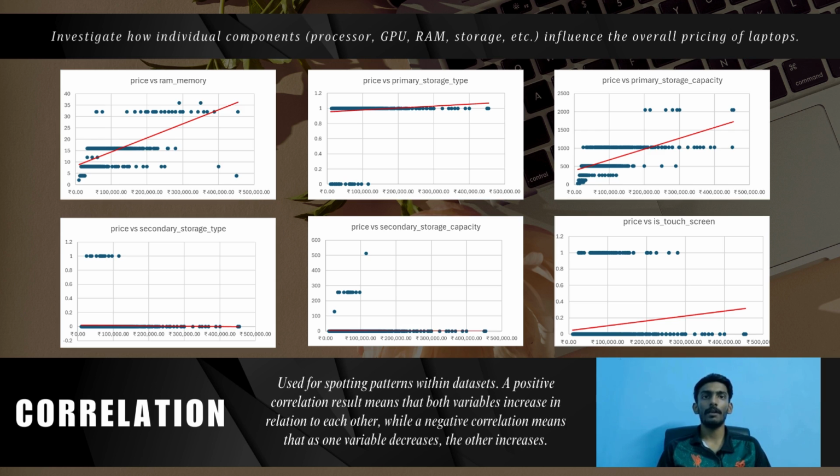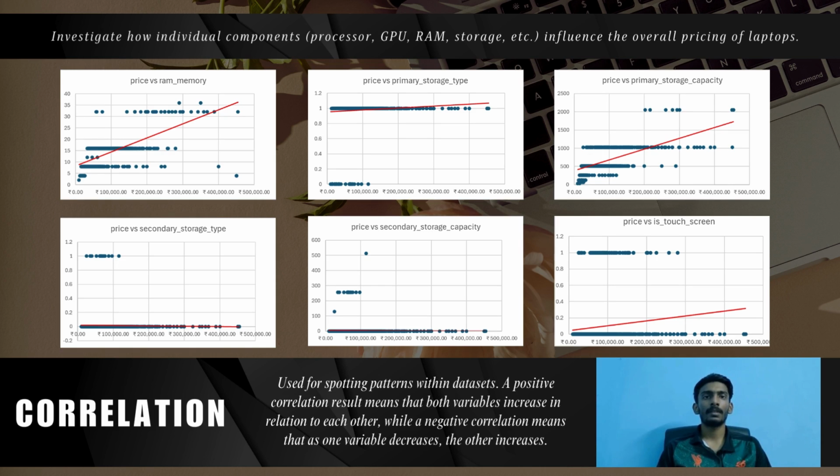For storage, we have primary storage type, primary storage capacity, secondary storage type, secondary storage capacity. The type and capacity of storage have varying degrees of correlation with the price. Primary storage capacity has also strong positive correlation, which is 0.636, meaning larger primary storage drives tend to increase the price. The type of primary and secondary storage, whether it's SSD or HDD, also influence the price, but to a